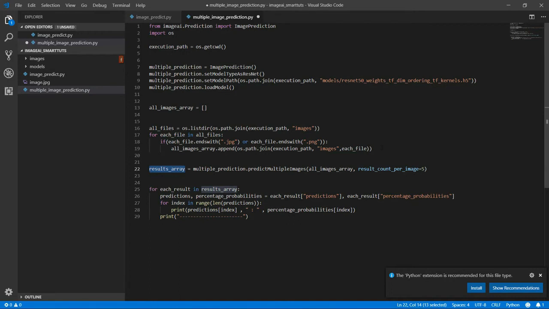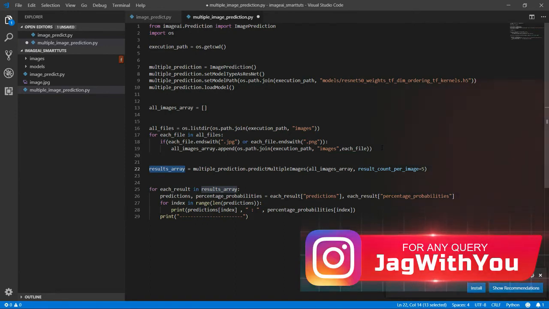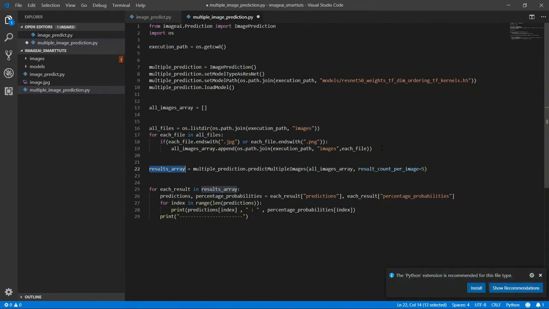The next part is we will pass the list as the argument to a method. That method is responsible for predicting all the objects inside those images. ImageAI has given us an awesome method, predict multiple images.